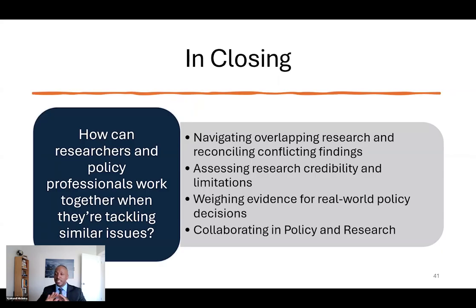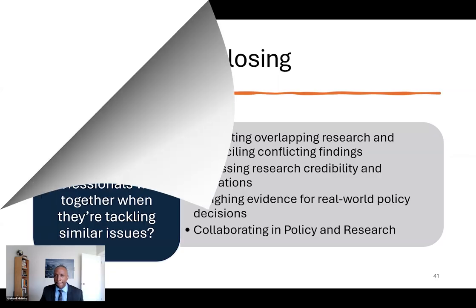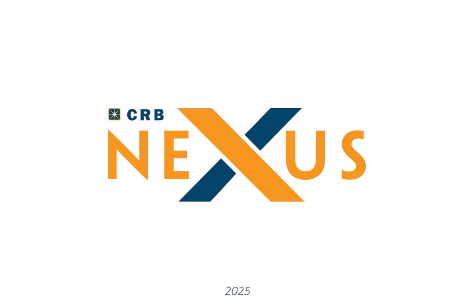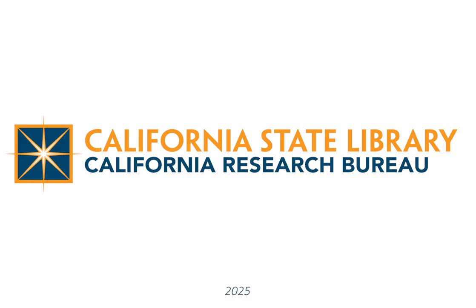This is just a summary of what we've done. One, we've looked at overlapping research and reconciling findings, and I gave an example of how we worked with the Gulf study. Two, how do we assess research credibility? And the third one is we need to assess how to collaborate and where to collaborate with the research policy. I want to thank you so much. I feel like this scratched the surface on many different topics within collaboration, especially because